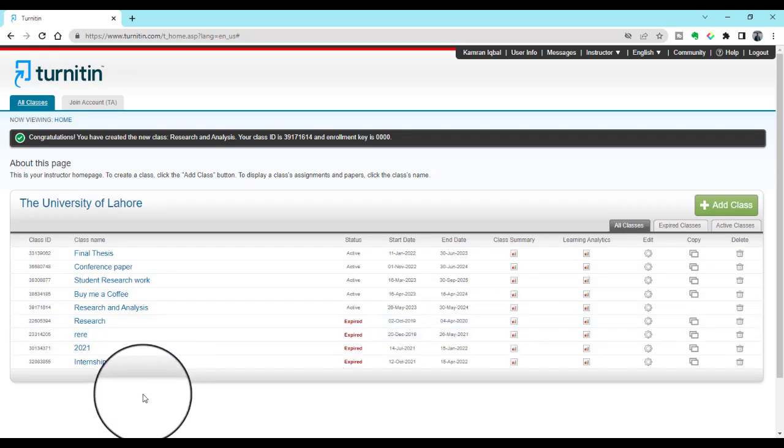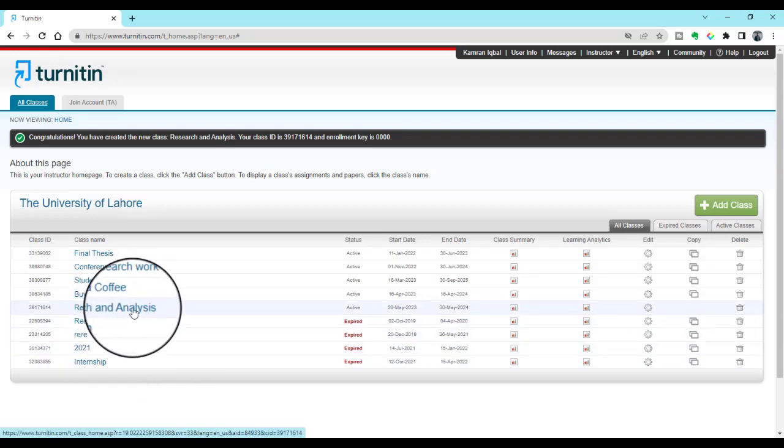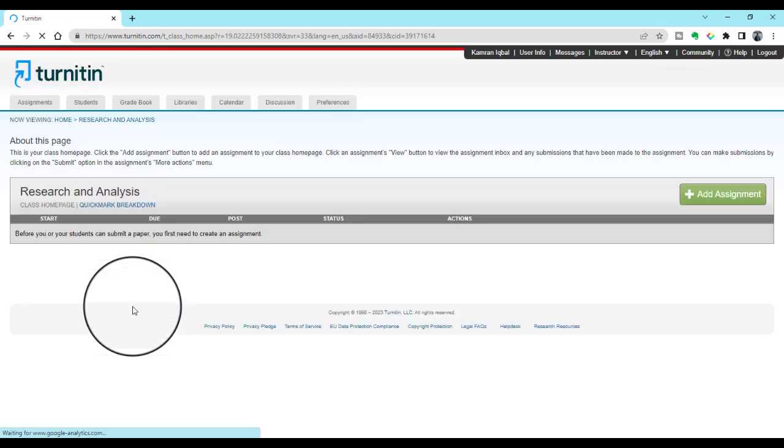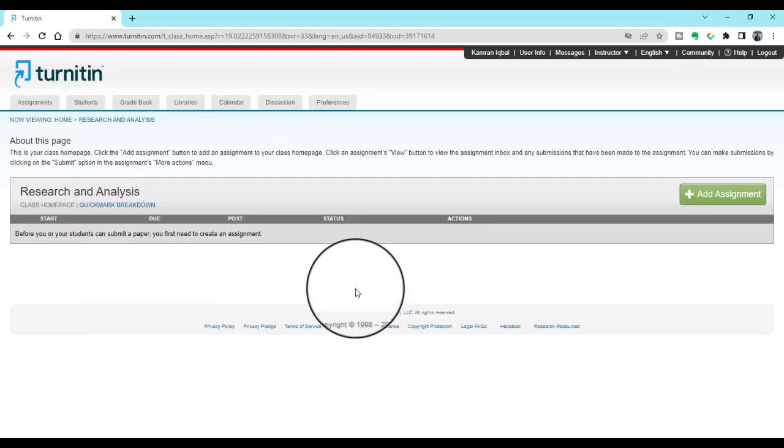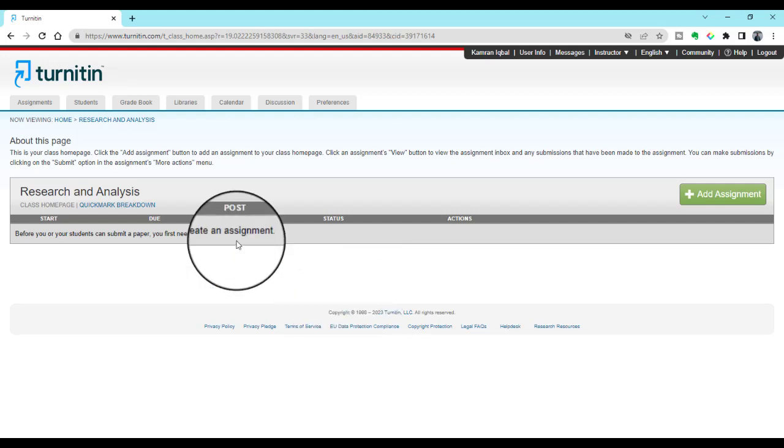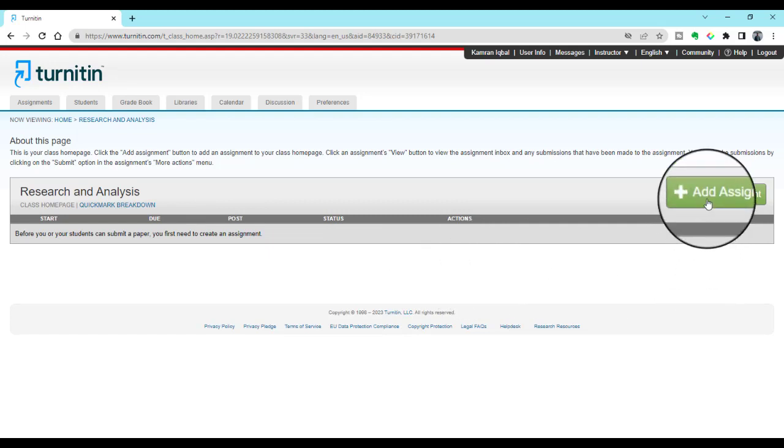So now you can see there is a class named research and analysis. So just click this class, and now you need to add the assignment, because if you are not adding assignment, you can't check the plagiarism of your document. So even if you are using it for your own documents, or you want to submit your document for the examination of plagiarism and AI detection, then of course you will need to create an assignment. So after creating a class, the next step is add assignment. So just click add assignment,